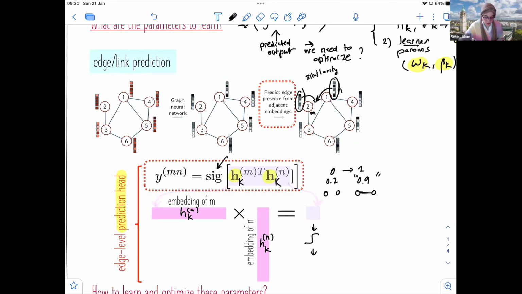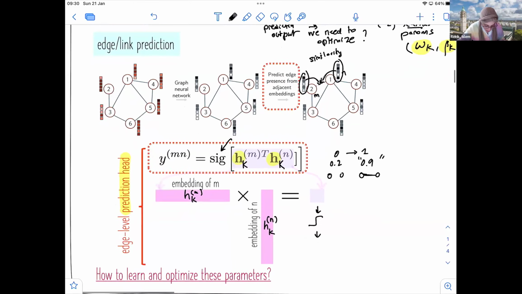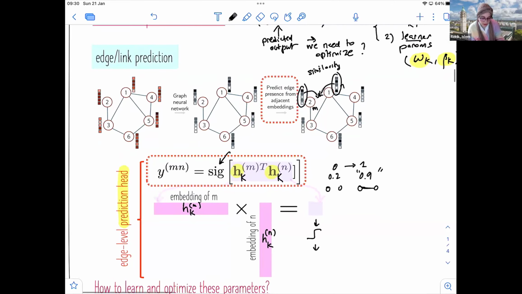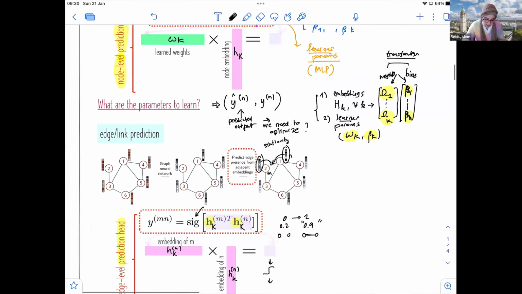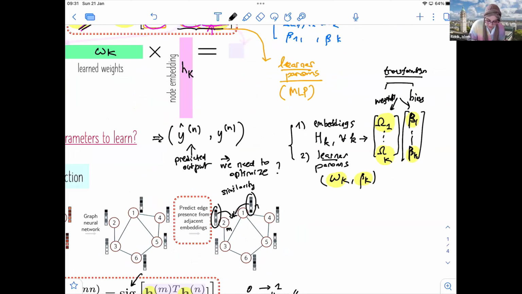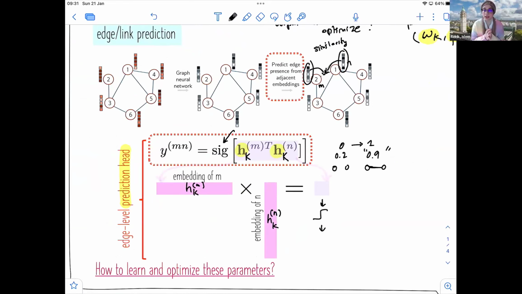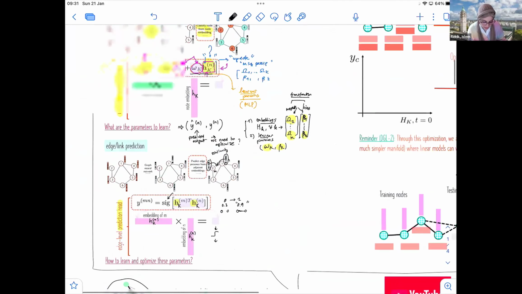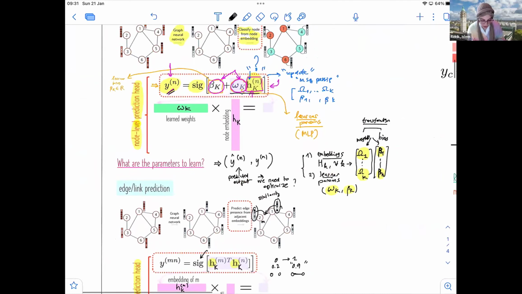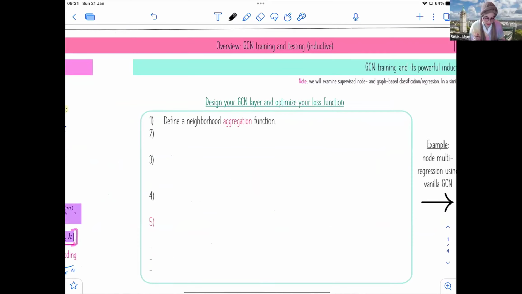Good. So now the next question is that we understand that we have things to optimize, right? We have the embeddings, we have the learnable parameters, and we have all the transformations, omega 1 to omega k, in addition to their biases. So now the question is how to learn and optimize these parameters, okay? How do we actually learn them? This is important. If you have taken any machine learning course, you would know the answer. So the answer starts with